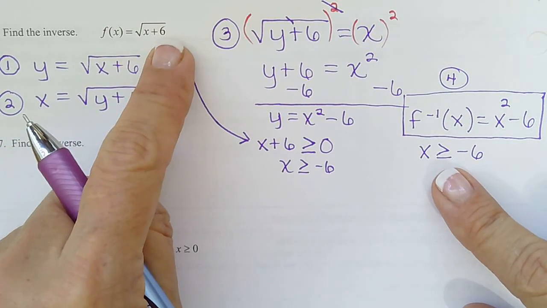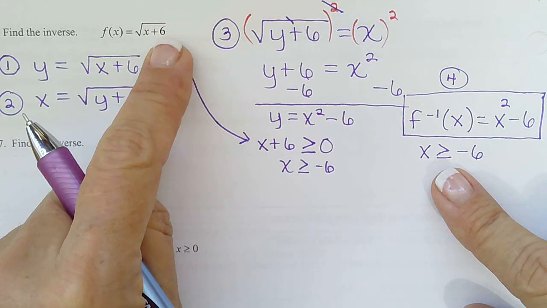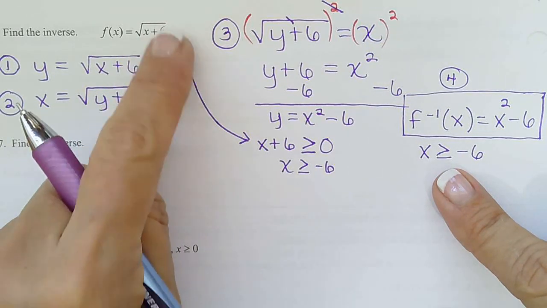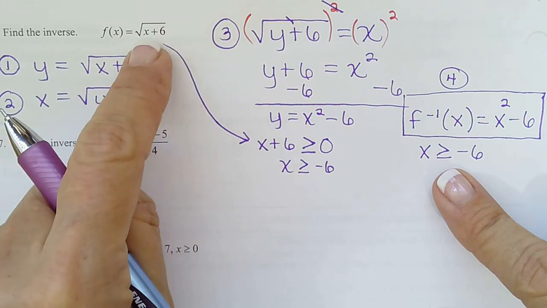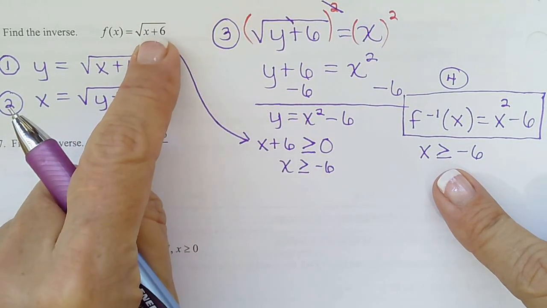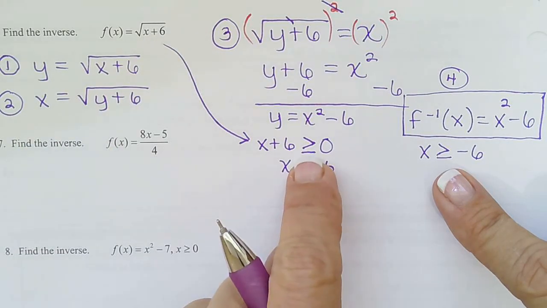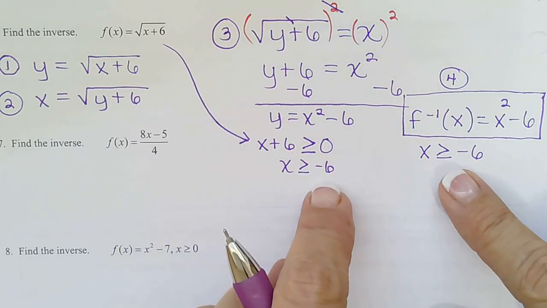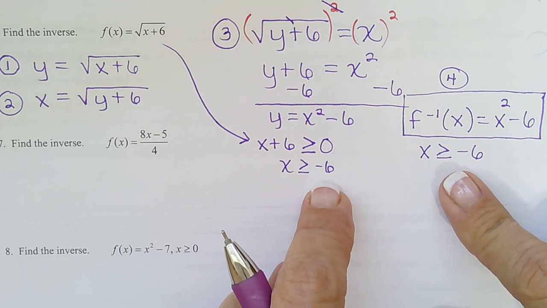So that's called finding the domain of a radical. And like I said, that is a question on your final exam. So anytime we have a square root, whatever's under the square root can be 0 or a positive. It can't be a negative. So this is how you write 0 or a positive. Greater than or equal to 0. Subtract 6 from both sides. And so that is our domain. X must be greater than or equal to